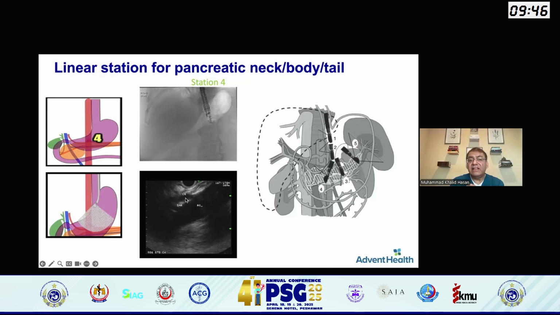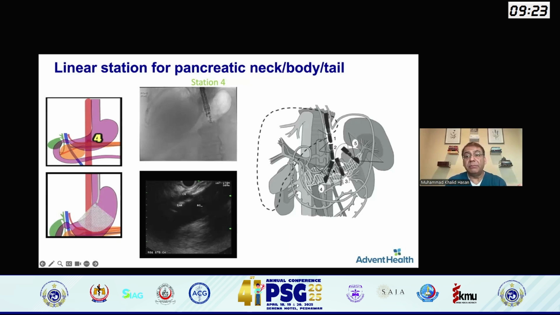I find the celiac axis, celiac artery, and SMA. I will focus on the celiac artery, which divides into the left gastric, common hepatic, and splenic. Then I gently let my big wheel go to free the scope, advance the scope, and follow the splenic artery that will take me to the pancreatic body.